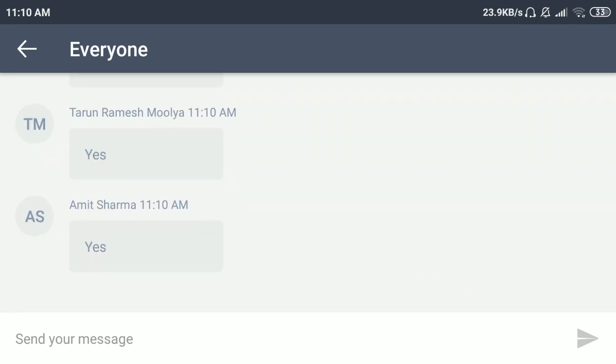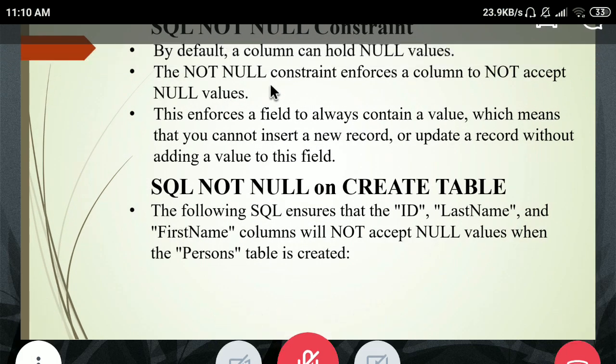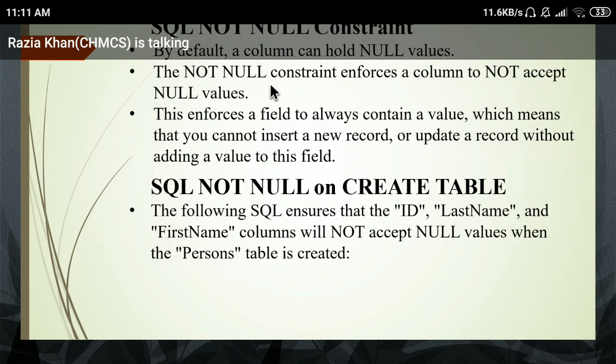If you did not insert a value in row 1 but you want to insert a new name in row 2, it will not allow you. Clear, everyone? Yes.